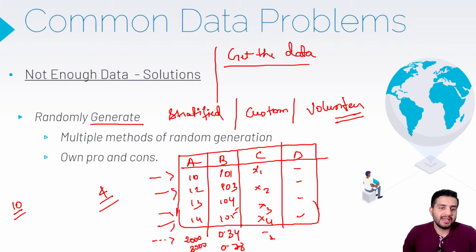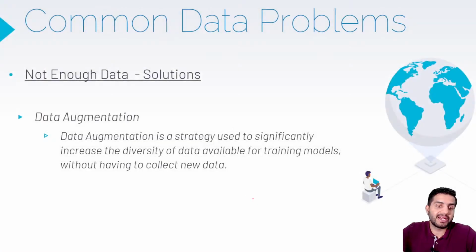And yes, any artificial generation will have some challenges. It is never a true representation. It is always, I would say, an expected close-to-real representation. That's what we can say. So one of the prime solutions is generation of my data. Next,